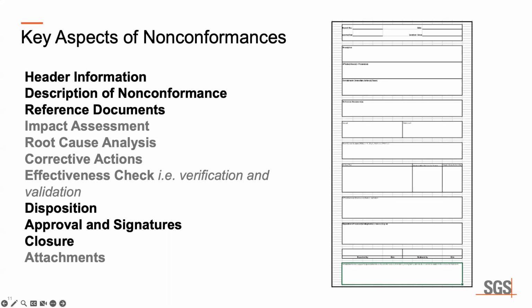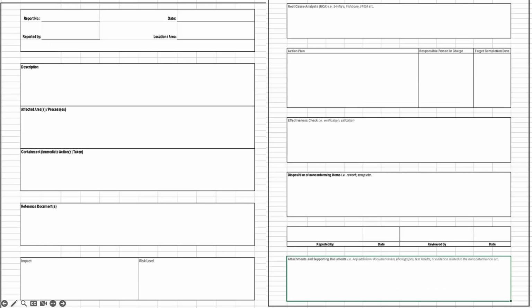So you might have a document that looks a little bit wordy, like what I'm showcasing on the far right. And this might be something that you might want to include. If you look at many of the forms that I generally speak about with some of the companies that I support, I say it's okay to use color codes and to include those color codes in your procedures, because at the end of the day, the system is yours. So you can say, for those of you that are opening up a non-conformance report, make sure that you document everything that's described in black. For those of you that are addressing this through a corrective action, everything applies on this form.